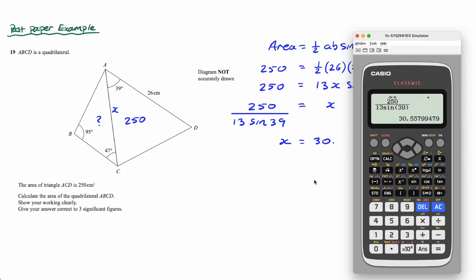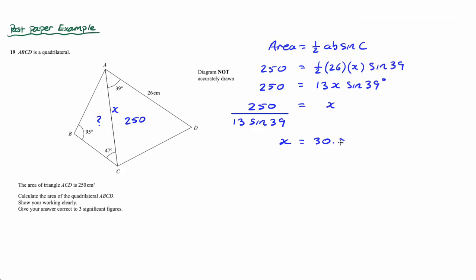So it's 30.558. I would even do more if it wasn't 99 at the end. Ultimately, I want 3 significant figures, guys, but we're not at the end yet, so definitely don't round to 3 significant figures yet. Okay, now I have x. So I have x, but remember what I said, I need another side,